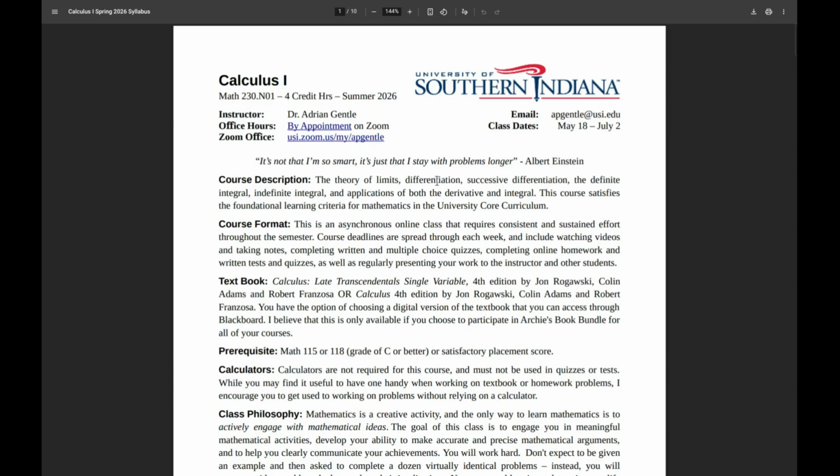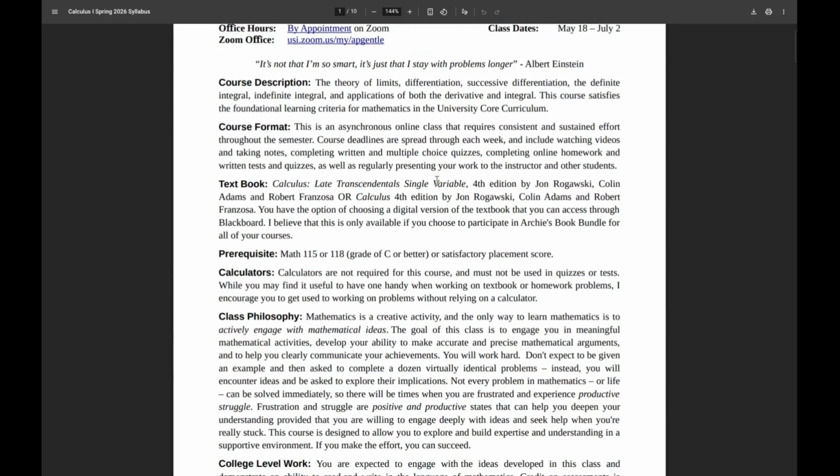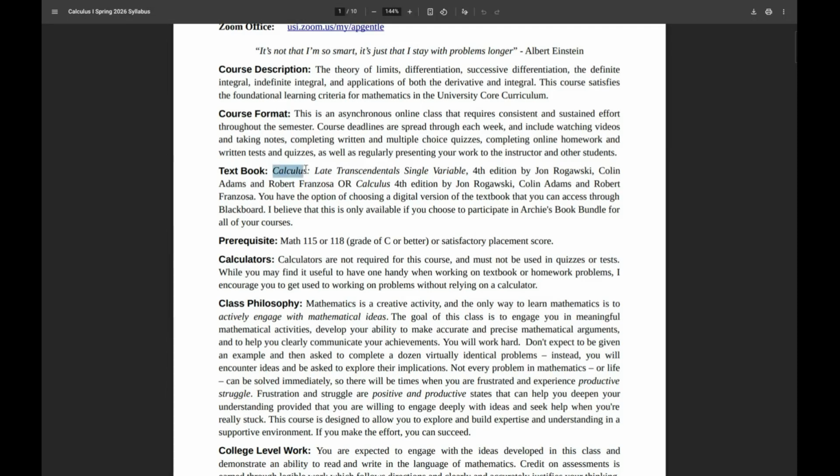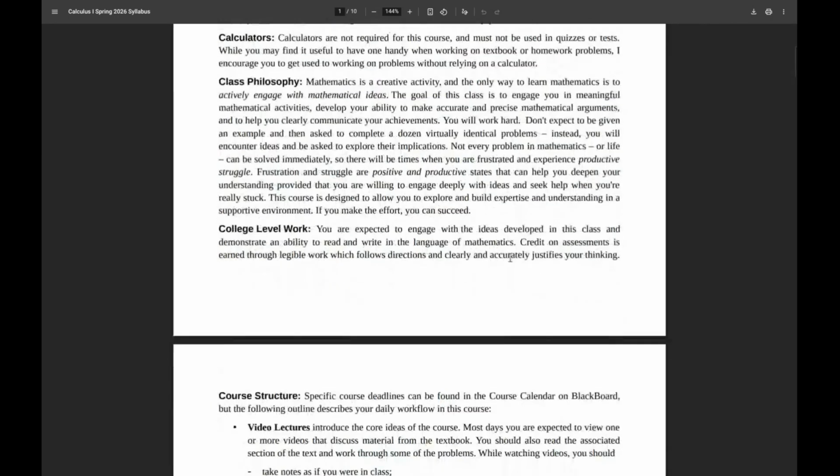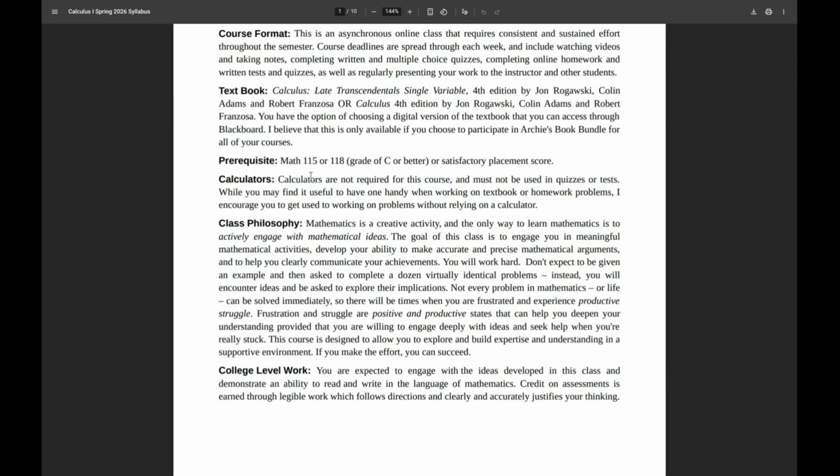All right, so you can read all the details of the syllabus. The textbook, you should have a copy. There's an e-version on the Blackboard page that you can access. I'm just going to go through a few highlights here. One important thing to note is that calculators cannot be used on tests and quizzes, and that's a state requirement. So just be used to the idea by the time you get to the tests and quizzes that you need to be doing the work without a calculator, without anything but pen and paper.